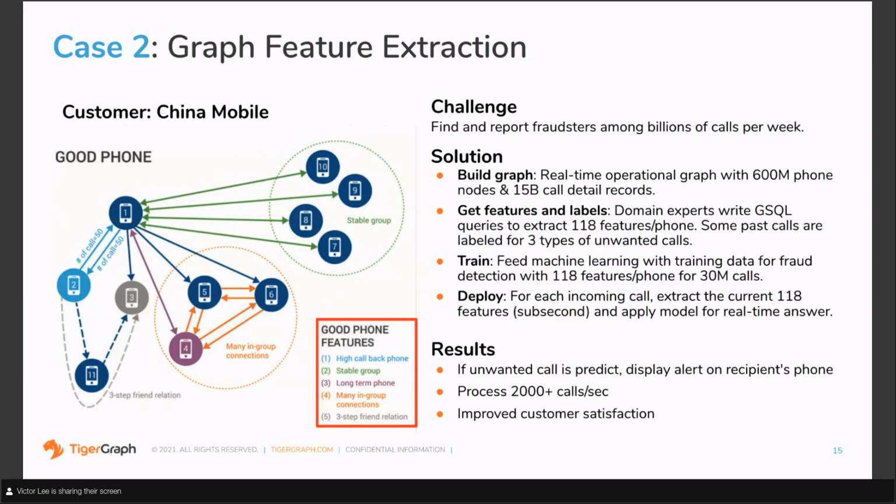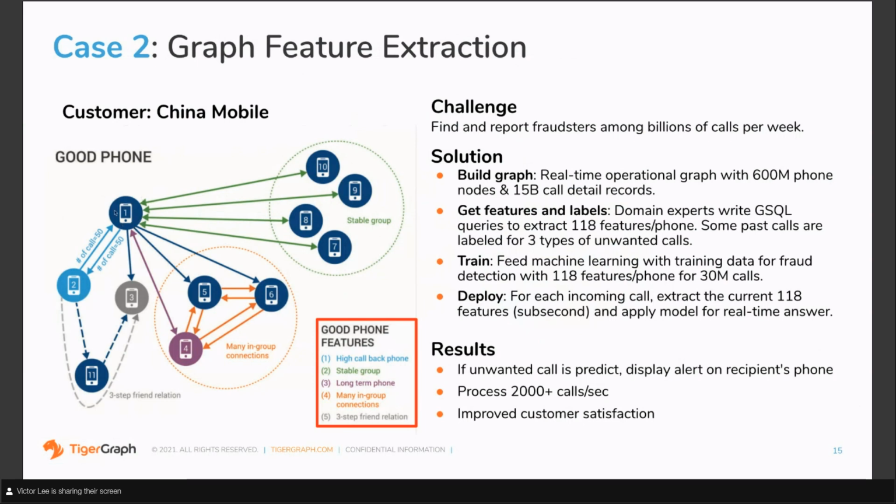They receive billions of calls per day, many billions per month. So they took a subset of their data over a 2-month span, and they had labeled some as known unwanted calls. But at this feature extraction stage, what they're looking for is, let's look at the pattern of phone calls surrounding